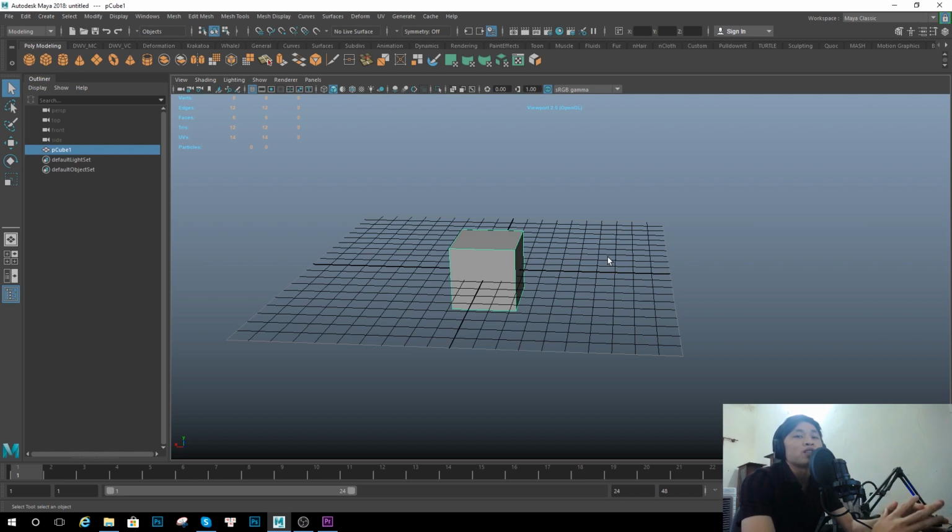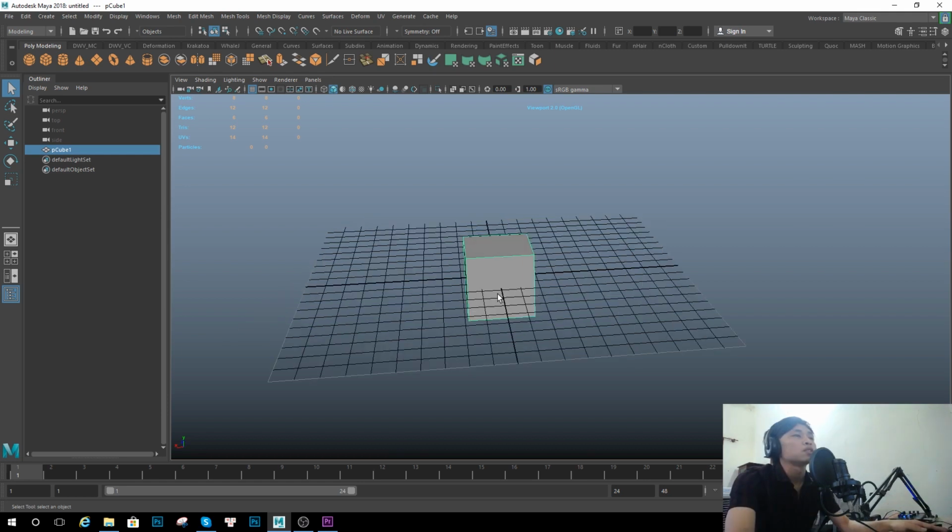Today we're going to look at navigation in Maya. To do that, you need a combination of one keyboard key and one mouse click, and it is necessary to have a three button mouse. So let's get started. To orbit the camera, all you have to do is just hold down the Alt key